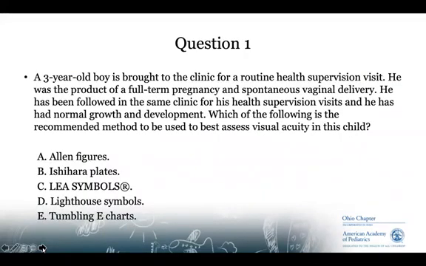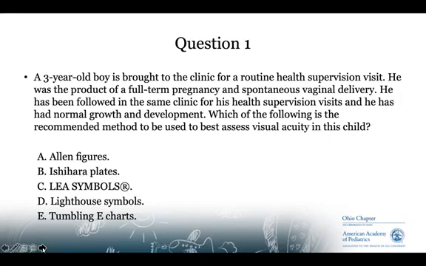So in closing, I just had a couple of questions for review that we'll go through together. This first question involves a 3-year-old boy who's brought to your clinic for a routine health supervision visit. He was the product of a full-term pregnancy and spontaneous vaginal delivery. He's been followed in the same office for his health supervision visits, and he has had normal growth and development.